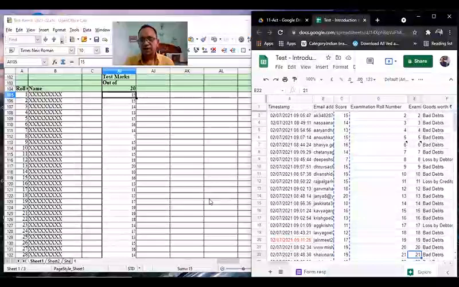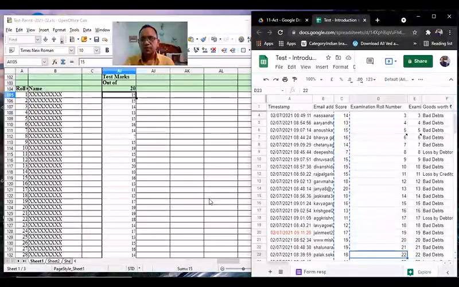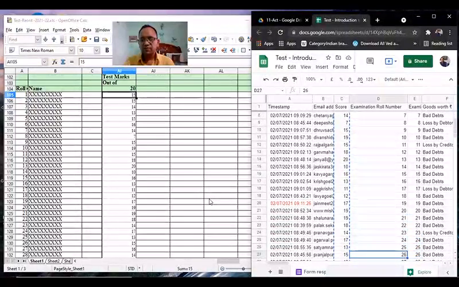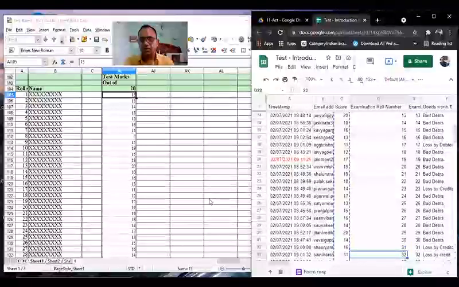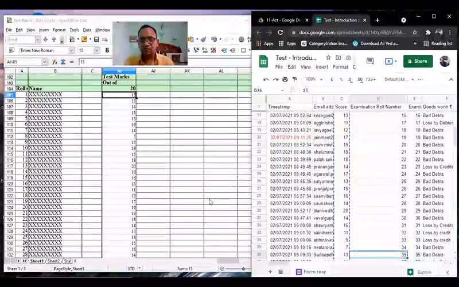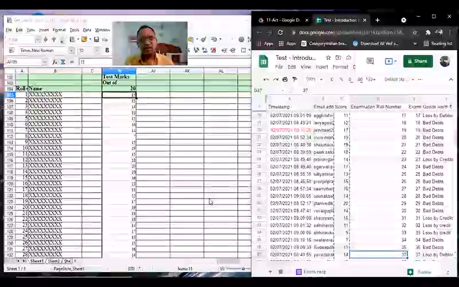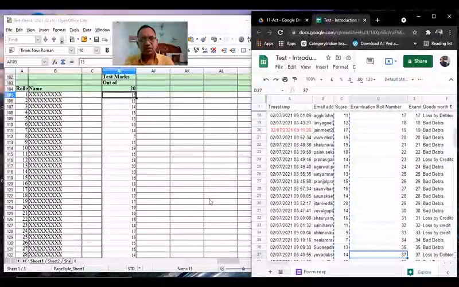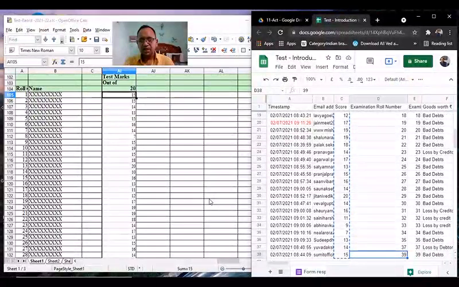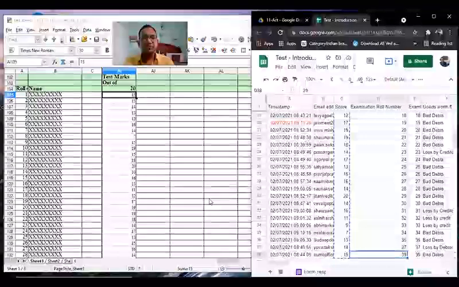Let's read ahead. 21 up to 35. Going good so far. 36 is missing now. After 35, roll number 37 record is there. Then 39 is there. So 36 and 38 are missing.